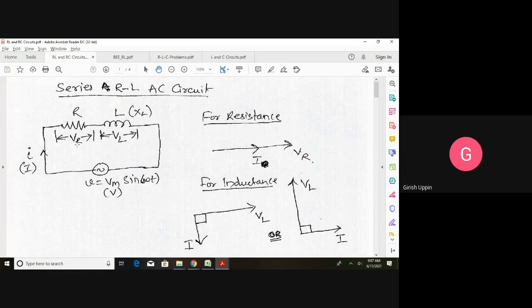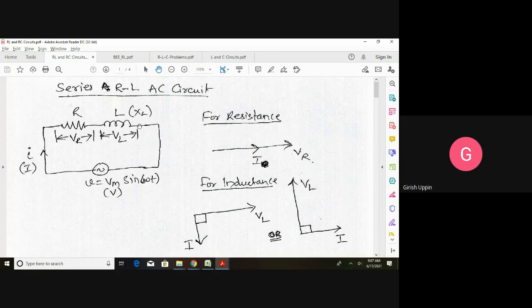And if I ask you to draw the phasor diagram, we already did the analysis. In case of a pure resistance, the current I is in phase with the applied voltage. What is the applied voltage? Applied voltage is VR, the current is I. So capital I and VR would be in phase. So how to draw the phasor diagram? This is the VR, which is on the reference line or the x-axis, and the current flowing is also in phase with the VR. So the angle between I and VR is 0. You draw the current also on the same line. This is for the resistance.